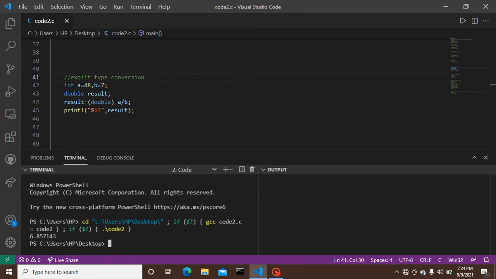here you have seen the required output is given by the printf statement. Why is it so? Let's have a check. While we are dividing 48 by 7, whatever the value it gives, we are converting it to a double type declaration. So the result is provided as double float type. This is an example of explicit type conversion. You can run all these codes on your own so that you will understand much better.